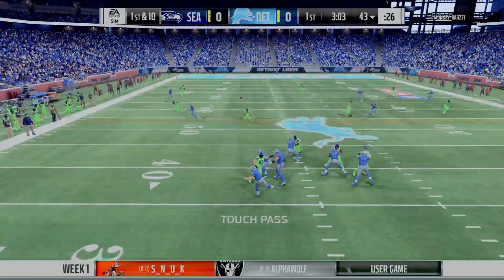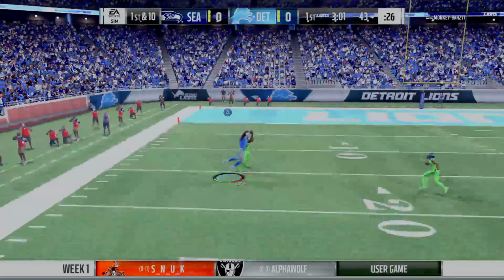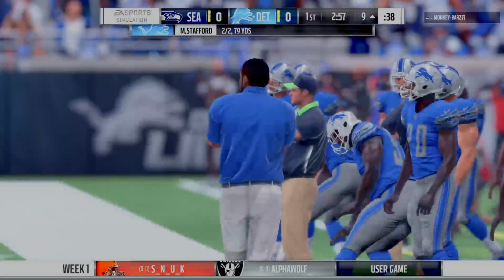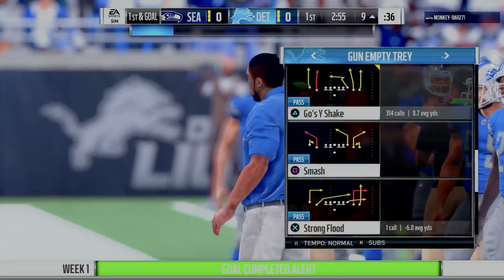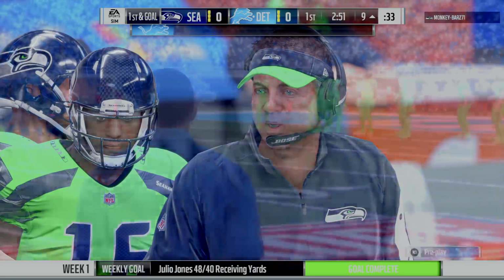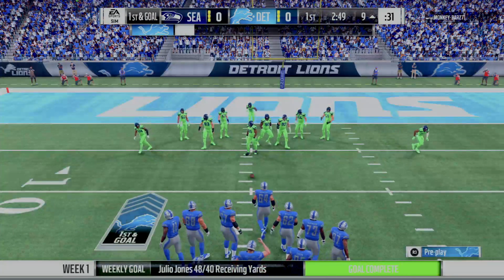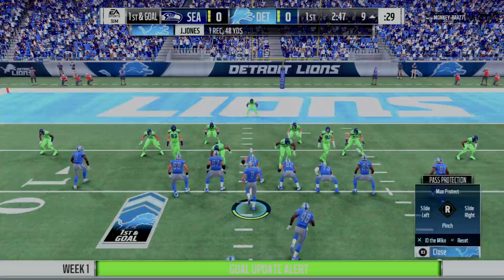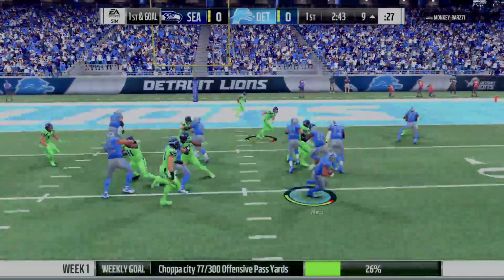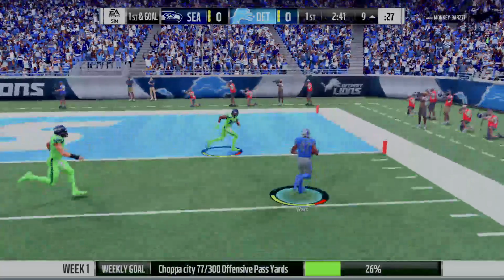Now Stafford. He's going to launch this thing way downfield. This is caught inside the 15. A big play there for Detroit. 48 yards. Well, we know he's got the speed there. He needed the speed and the hands. A great catch. And because of that speed, you have to respect it as a defender. So you have to either play off or make sure you're...